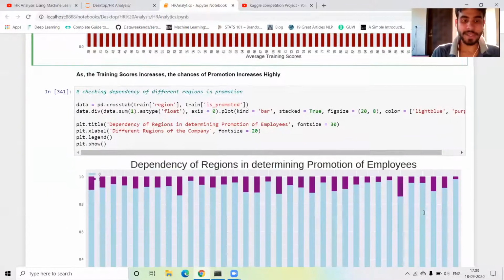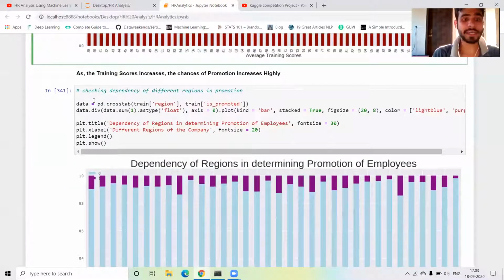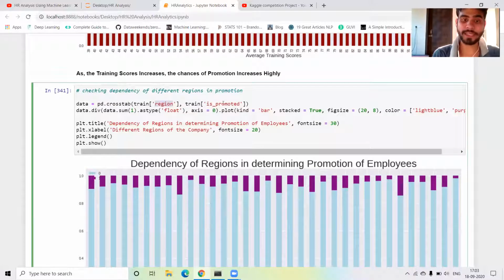Okay, next I again take the region column and the promoted column. It depends on the region, like the Delhi region, Bangalore region, and Chandigarh region. These three regions. If you are in the Delhi region or Bangalore region, there are very high chances that you are promoted, and if you are in the Chandigarh region, there are fewer chances that you are promoted.